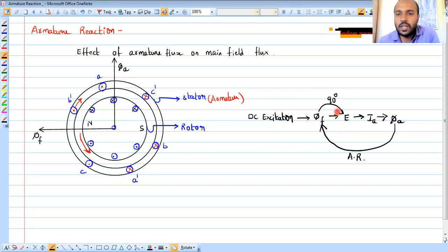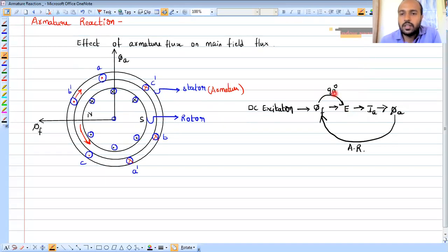Right? Not only here, even in the case of a transformer or induction machine, there will be a 90 degrees displacement between the field flux and induced EMF in the conductor in any machine. You have seen this thing in the transformer phasor also. There also, the magnetic field leads the voltage by 90 degrees. The same thing here also. Okay, there will be a 90 degrees displacement.